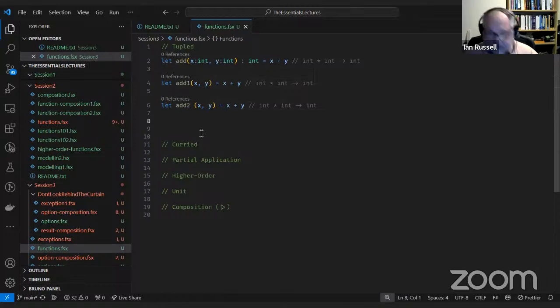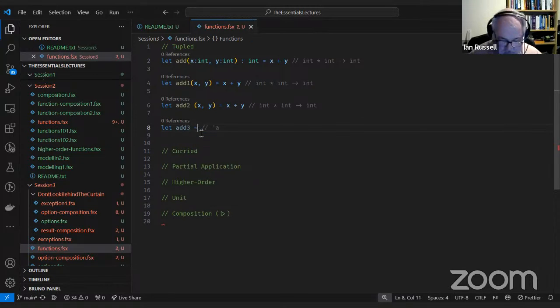And the last one that I'll do is a slightly different style. So that's a third style using the fun keyword, and we'll use these for things like anonymous functions later on. So you wouldn't normally define your functions like this, but it's a useful tool to have in the bag that we will end up using quite a lot.